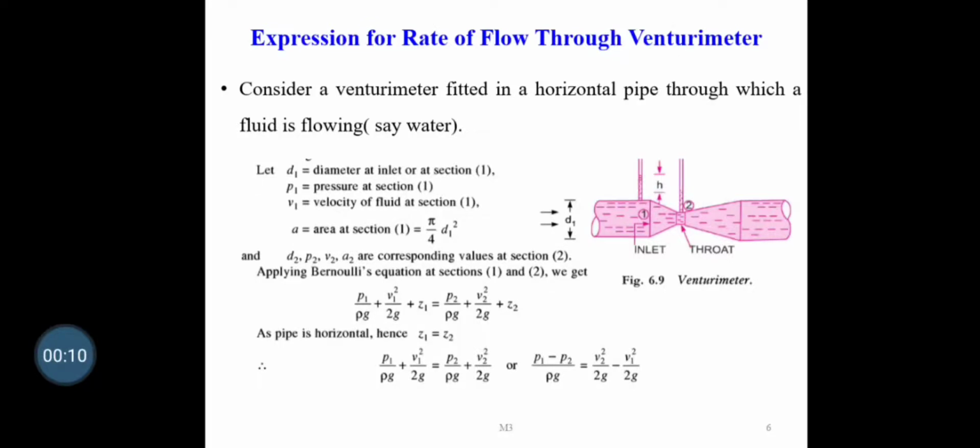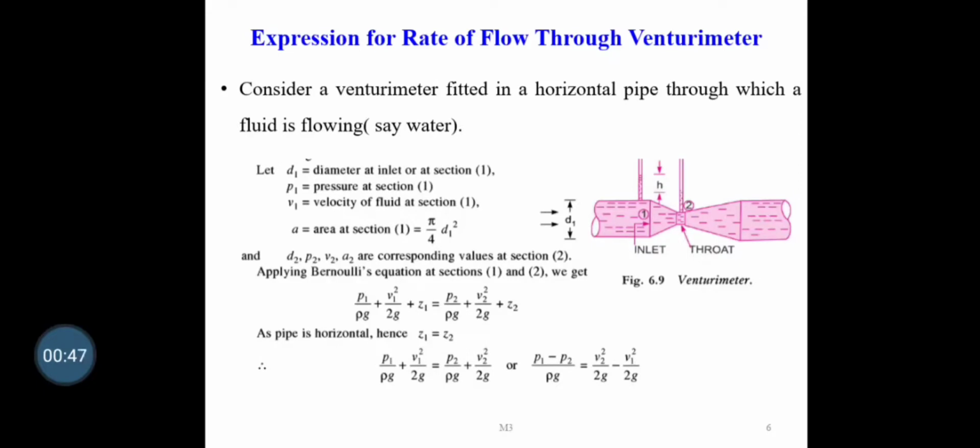In this session, we are going to derive an expression for rate of flow through Venturimeter. So let's consider a Venturimeter fitted in a horizontal pipe through which a fluid is flowing, and we are taking the fluid as water. Now we are selecting two sections, section 1 and section 2, for applying our Bernoulli's equation. Section 1 is selected at the inlet or the convergent portion of our Venturimeter, and section 2 is selected in